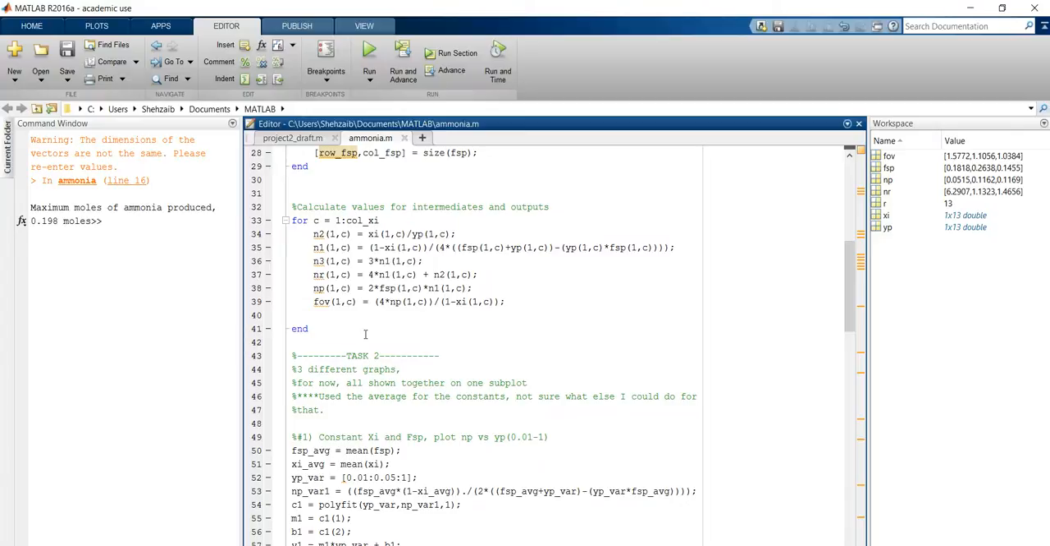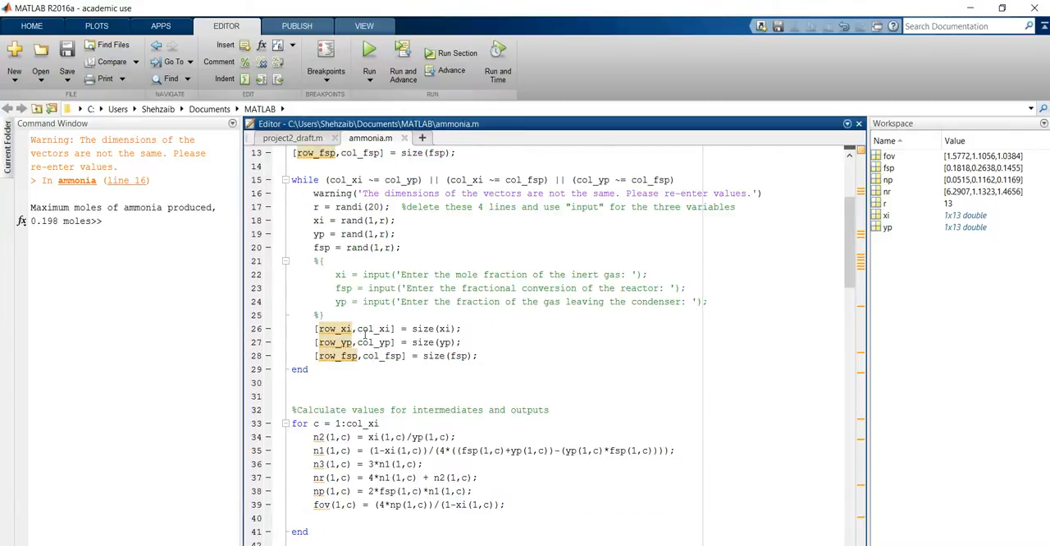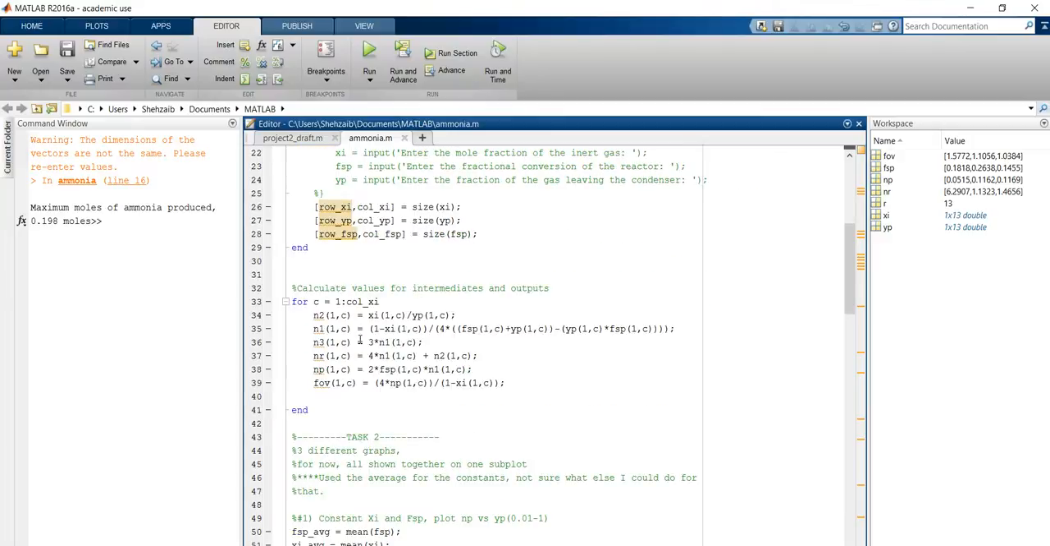Now, when we go down after that, once we do the check and once we find out that everything matches up, with all the elements the same and the number of columns the same, next we perform the operations according to our equations that we have found. Here, the variable N2